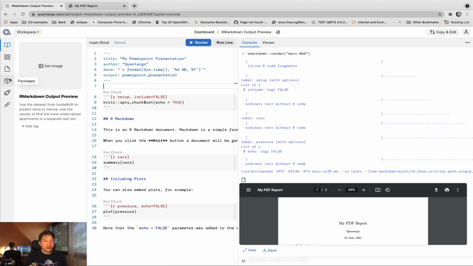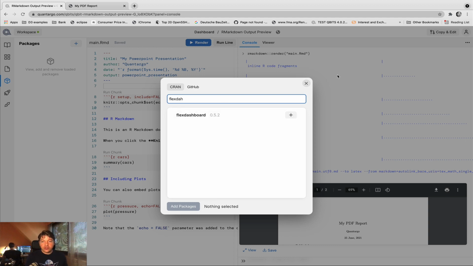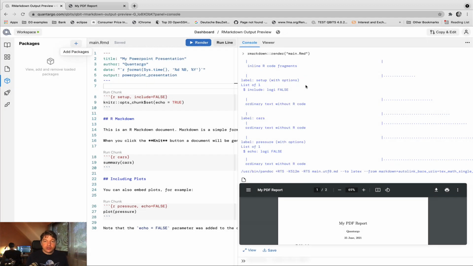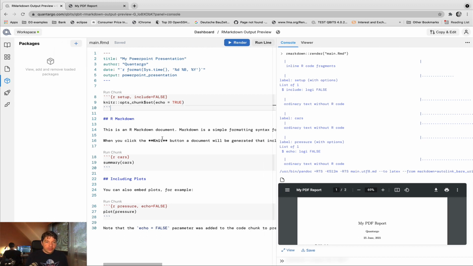So you can open this, you can save this PowerPoint presentation if you wish. Of course, you can also then add more packages. So for example, if you want to create a flexdashboard, you need to install other packages as well. So this will then be covered in the next session. And of course, if you prefer to work locally on your workspace again, you can then hit here Workspace Export, and this exports your entire workspace as an RStudio project, and you can then work again within RStudio